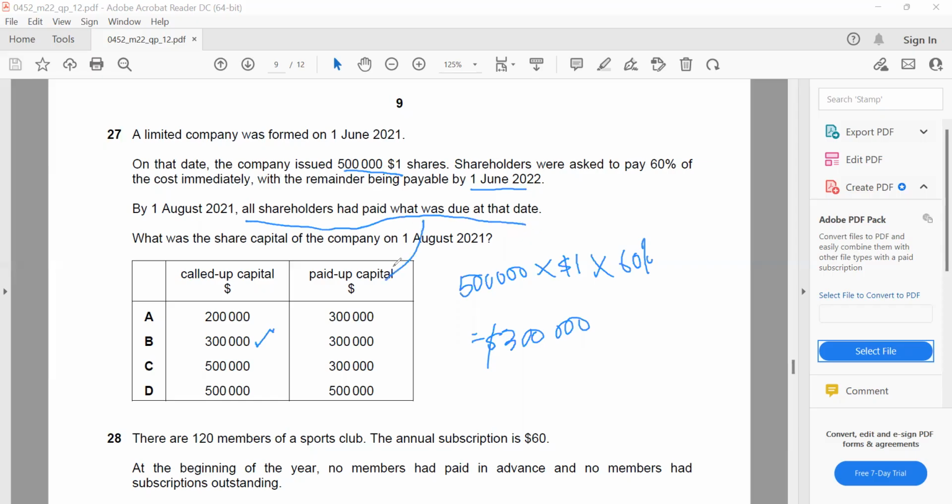So this is what they have paid up. So the paid-up capital is this one. So the total should be 300. So what is the